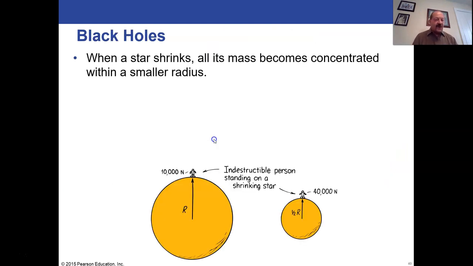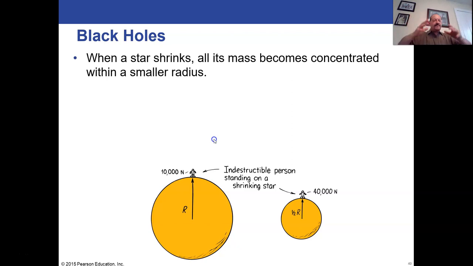You've undoubtedly heard of a black hole, maybe you know what it is. So a black hole is when a star shrinks. Usually this happens when stars are in the ballpark of more than 8 masses, 8 times heavier than the mass of our sun. Our sun's not big enough to turn into a black hole, but bigger stars have enough mass that eventually, when